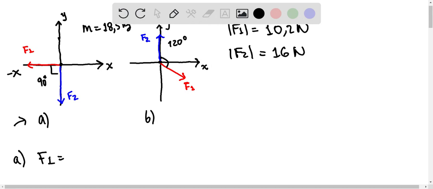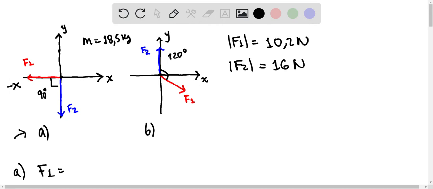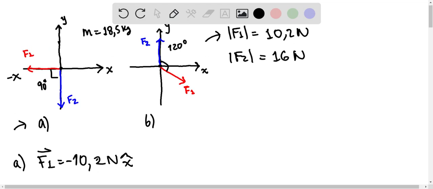So it will be the magnitude. The vector then is the magnitude in the direction minus x, 10 newtons in the x unit vector. Now, for the force 2,